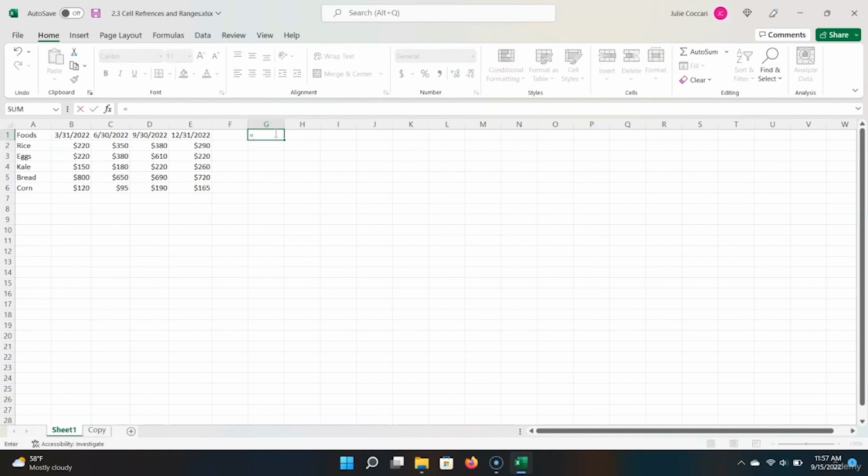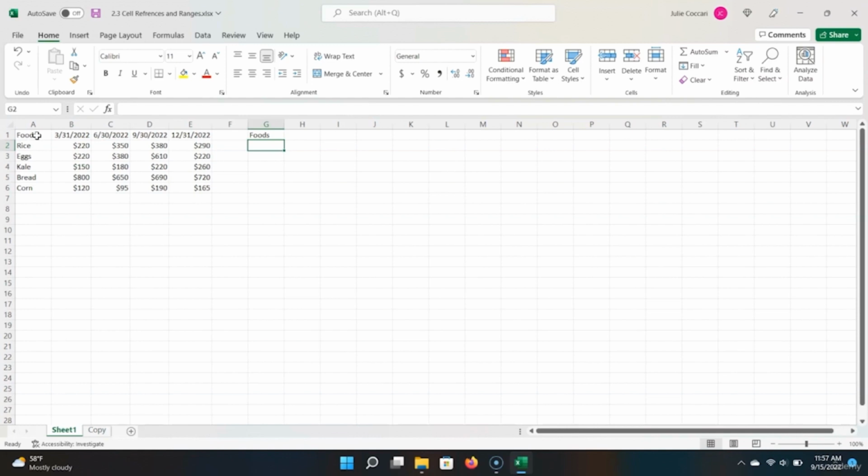A formula is something for Excel to calculate for you. After typing equals, we can create a cell reference by clicking on the cell that we want to connect to our current one. So I'm going to click on A1, and you can see that Excel has populated the cell reference for me. I hit enter, and Excel automatically populates the value in this cell, and it will change if